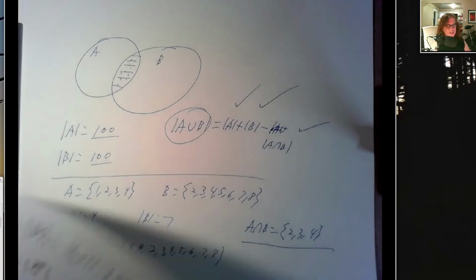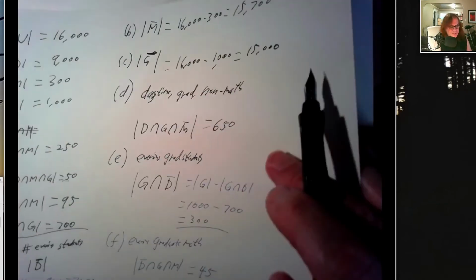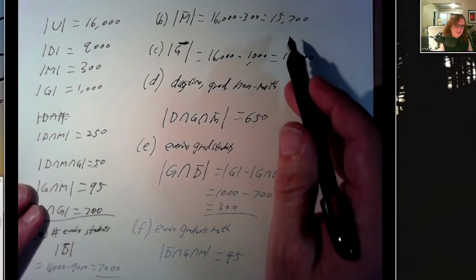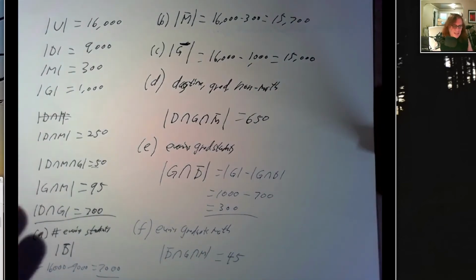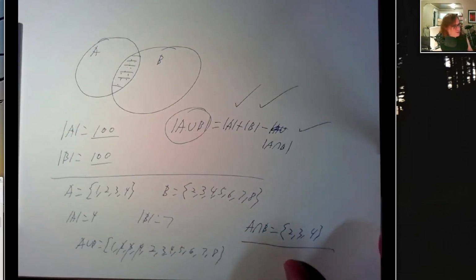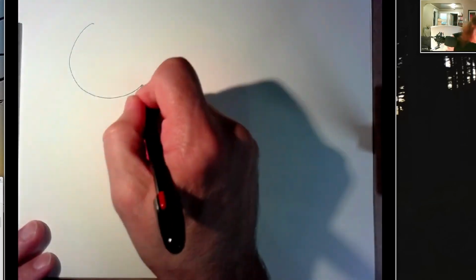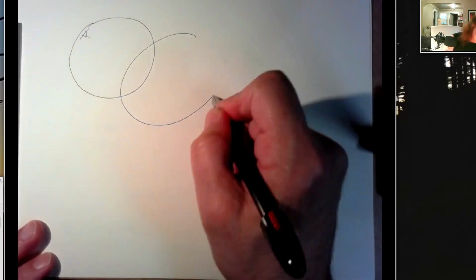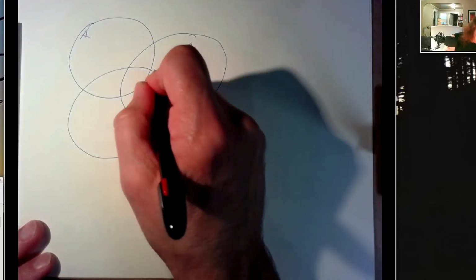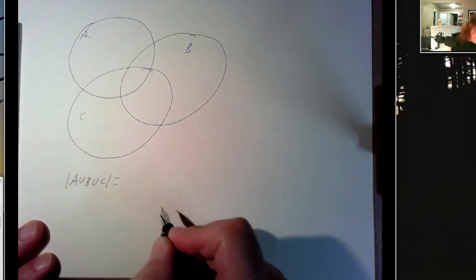So that's almost enough to do this last question. Because we know the size of these 3 sets, right? The evening students, the undergrads, the non-math majors are 7,000, 15,000, and 15,700. And we know the intersections of these also. But we have 3 sets we have to take the union of, and the union of 3 sets is a little more complicated. So I'll get a little hand wavy with this. So here's a set A, here's a set B, here's a set C. The size of the union is equal to